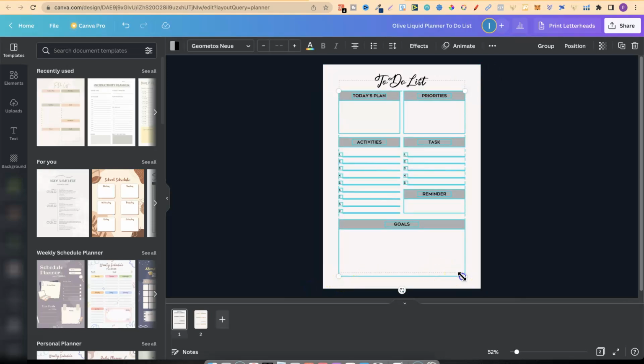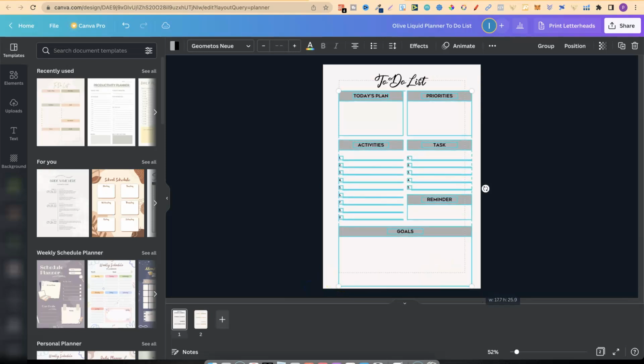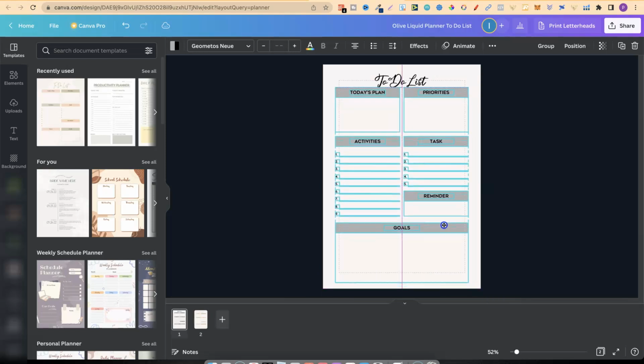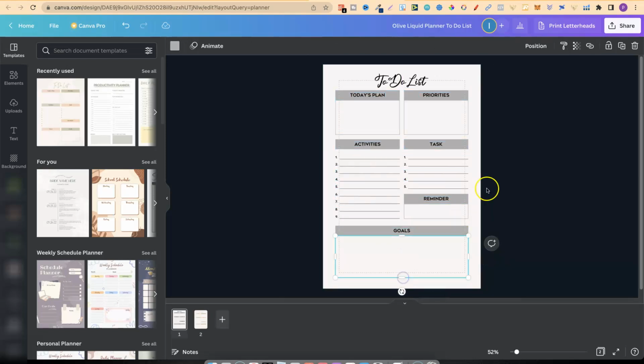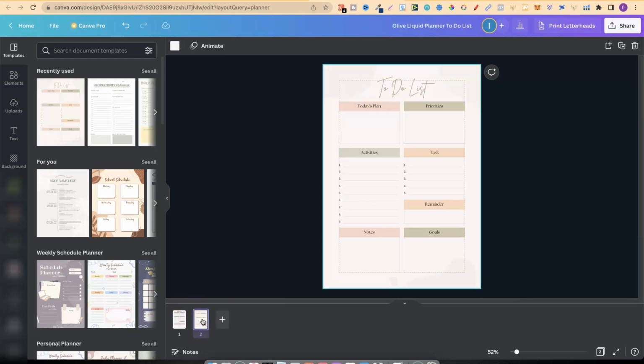So what I'm going to do is just take this a little bit and make that a little bit bigger. Let's move that to round about there. Now that bottom box is a little bit too big, so now we can move that up. And there we go. That's the first page that we created. Now if we take a look at the template, we can see how different that is. Completely different, and it looks good. And that's just how easy it is to customize the templates here